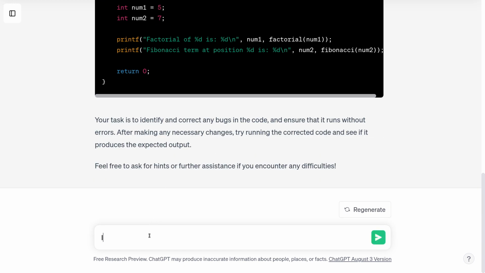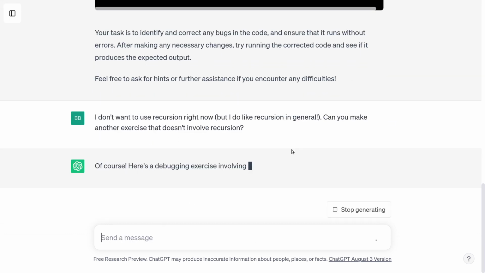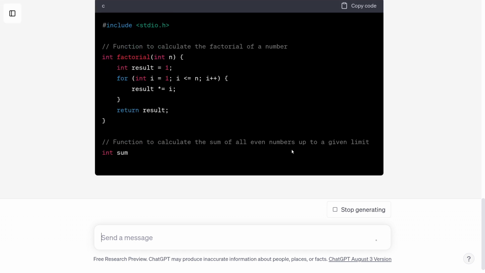So I'm going to say, I don't want to use recursion right now. I feel bad saying that because I love recursion. Can you make another exercise that doesn't involve recursion? Okay, here's an exercise.